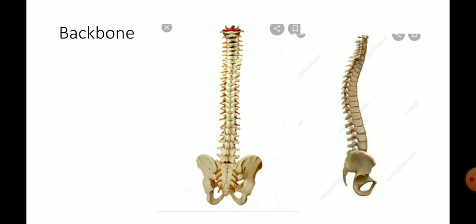The backbone is a series of separate bones that runs from the base of your neck all the way down your back. Then what is the function of this backbone? These bones serve the primary purpose of protecting the spinal cord, which is a crucial part of the nervous system. It serves as a pillar to support the body's weight and to protect the spinal cord. So the backbone is one of the most important structure of our body.